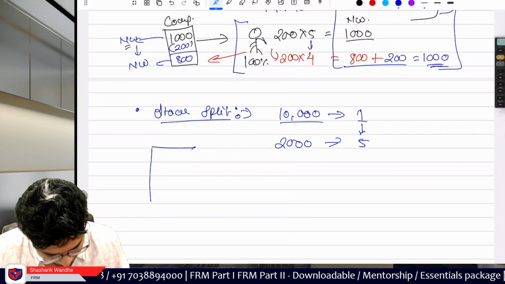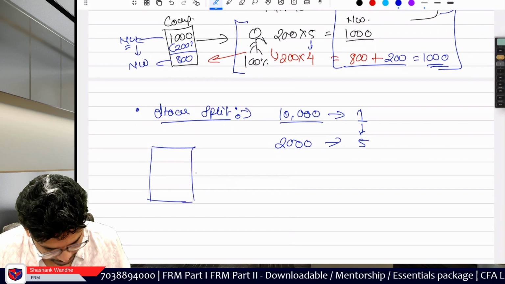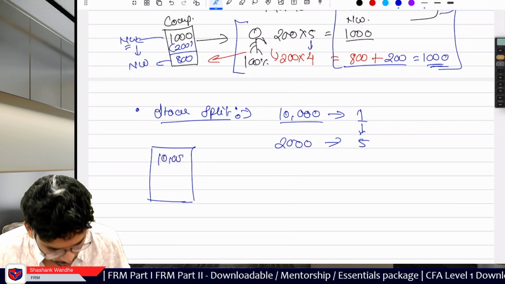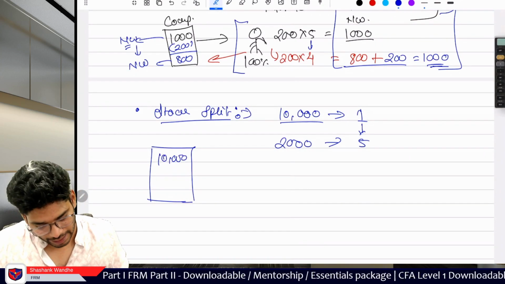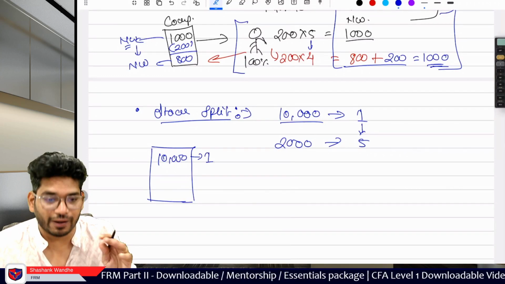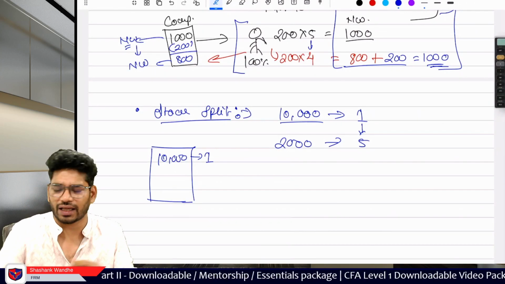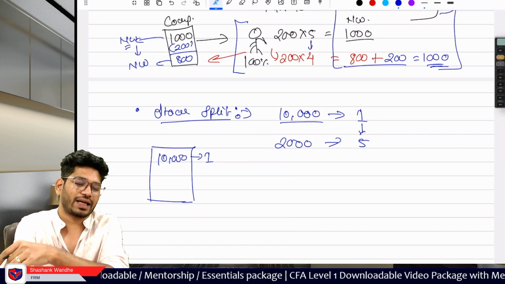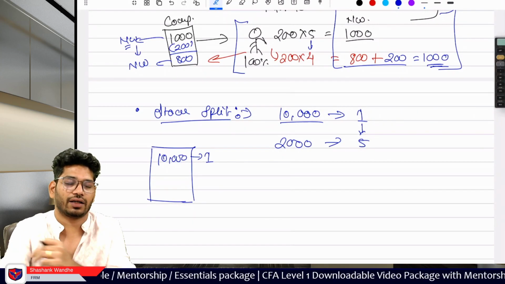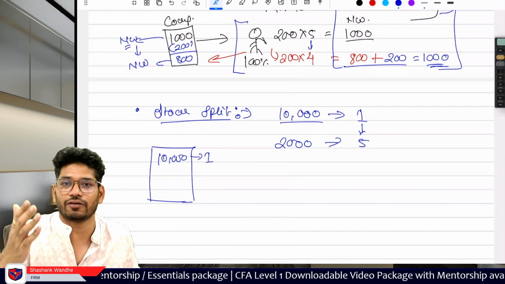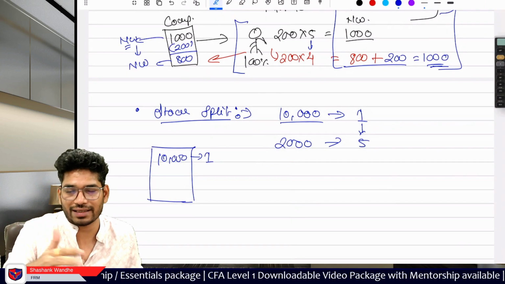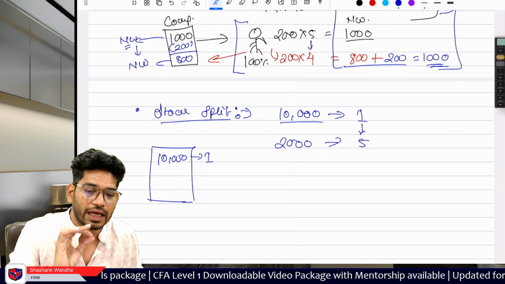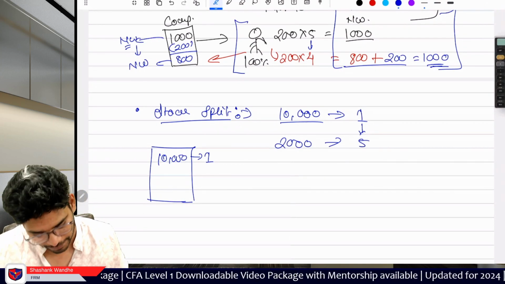Now if you consider the company, let's say this 10,000 is the total value of the company, and previously there was only one share issued by the company. I'm taking a very hypothetical example because I have to give you the understanding. Okay, if I use say 10,000 shares and 1 million value of the company, then your brain is engaged in all those calculations. So instead of calculation, I want you to focus on the concept part. Just focus on the concept.